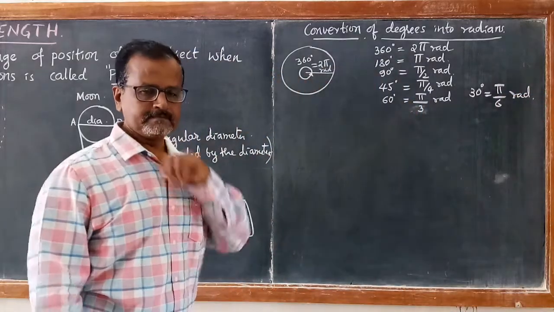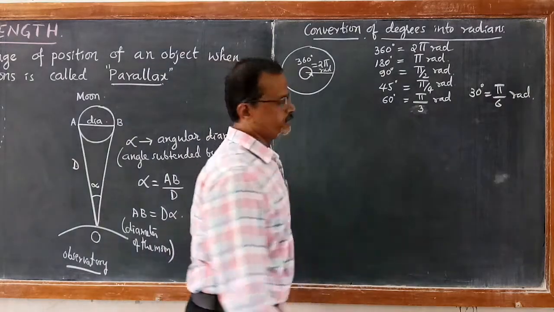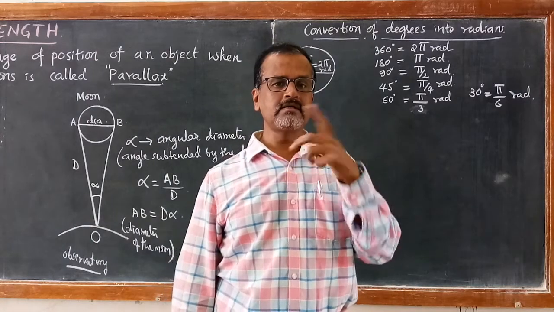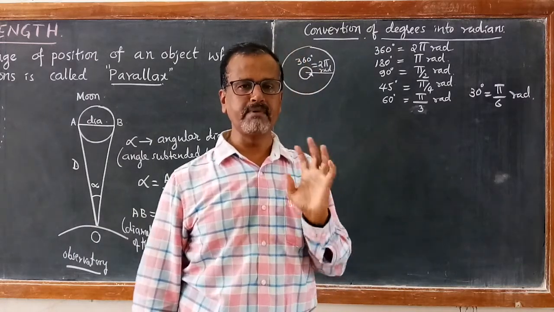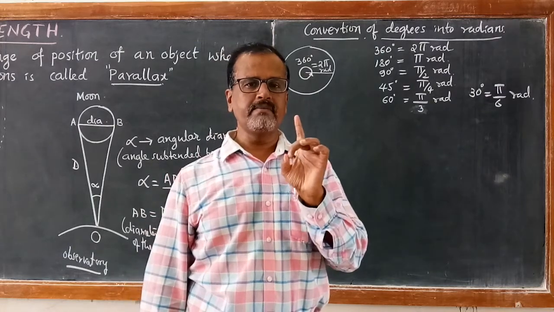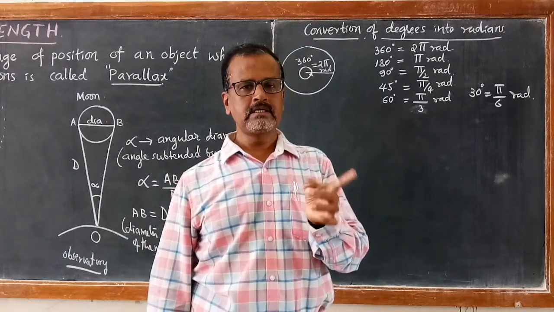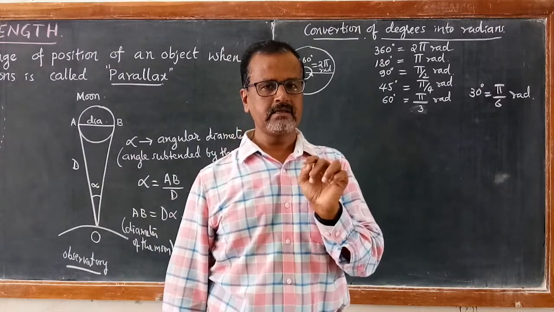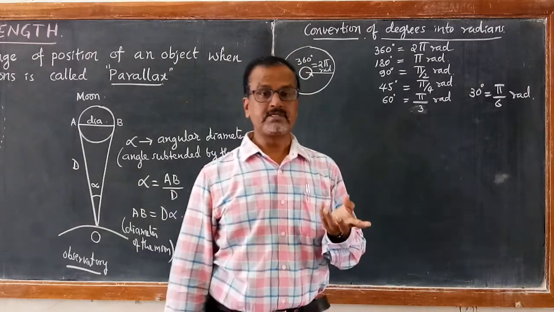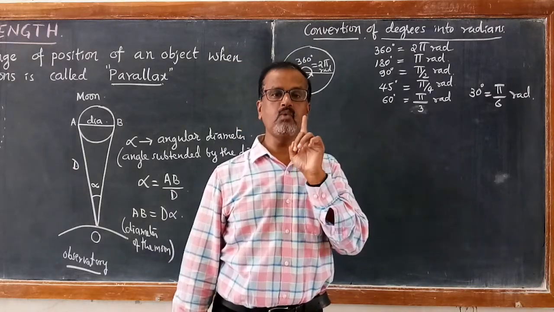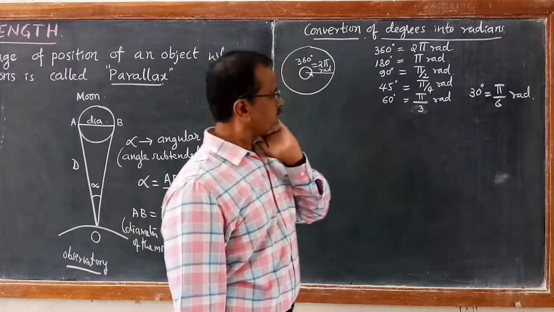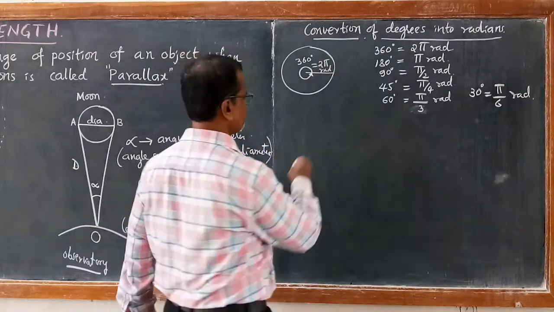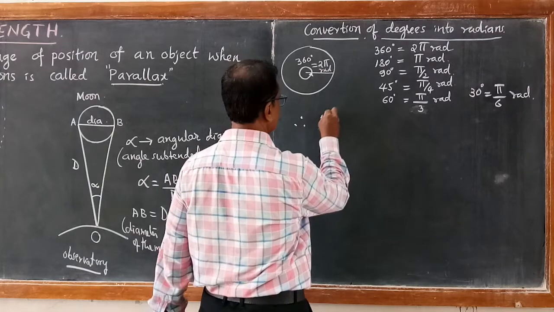How about 1 degree? If the angle is less than 1 degree, then we have to go for the sub units of degree. Remember, 60 minutes equal to 1 degree, and 60 seconds equal to 1 minute. Now let us first find out what is 1 degree of angle in terms of radians. Therefore, 1 degree corresponds to how much?